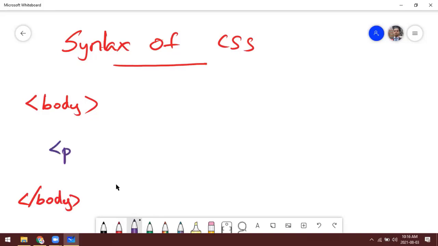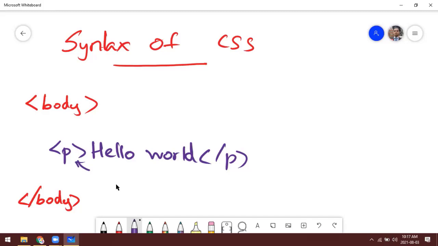Now we have a paragraph tag with the text inside, hello world, right? Now if we want to apply inline CSS, simply we can apply it here with the simple attribute, adding the attribute style, and we can edit, right?